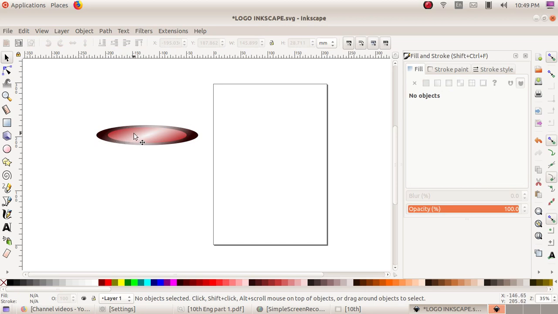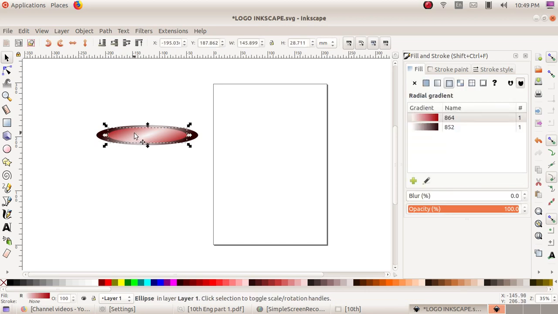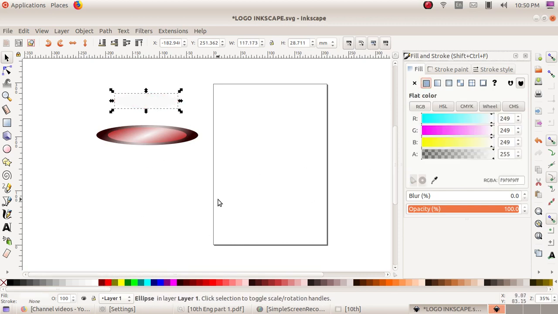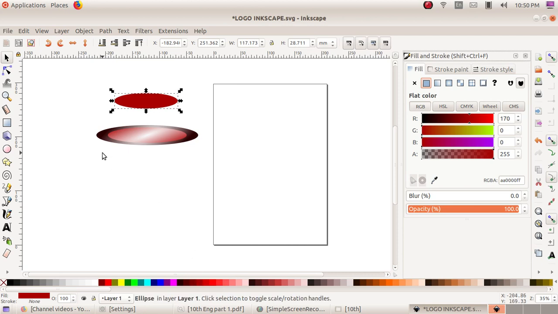Then take a duplicate of that picture, take a flat color, and take a duplicate of the picture.